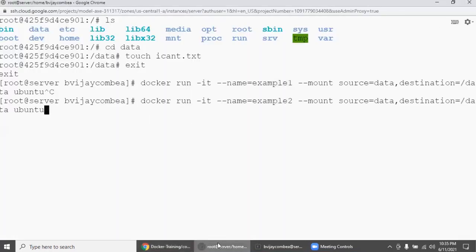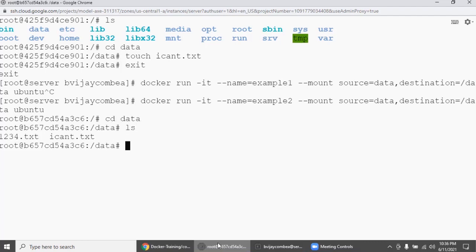Go here and enter it. So now we have entered inside the second container. I am going into data. See here.